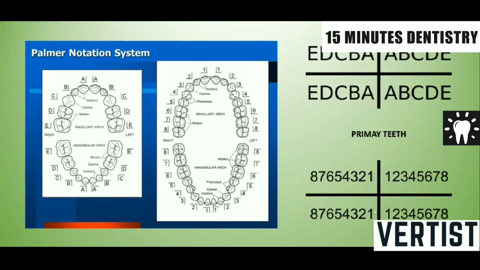Now this is for the primary teeth, and for the permanent teeth, again the mouth is divided into 4 quadrants: upper right, upper left, lower left, lower right, and the teeth are numbered 1 to 8 in each quadrant, starting from the midline and going backwards. Here you can see, for example, the upper right first premolar is indicated like this. The lower left second molar is indicated like this. The vertical line indicates the mid-sagittal plane, and the horizontal line indicates the occlusal plane. So this is about the Palmer notation.